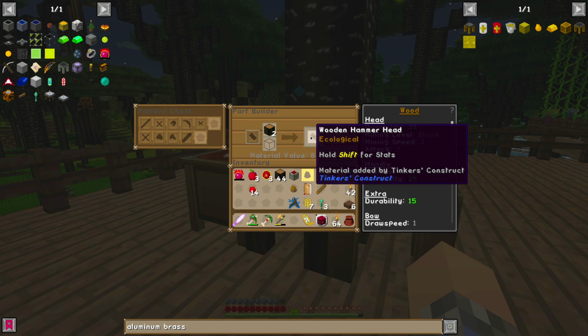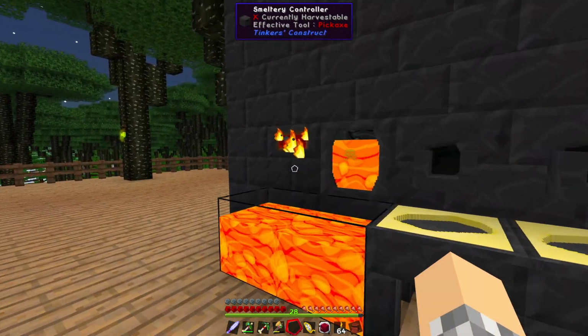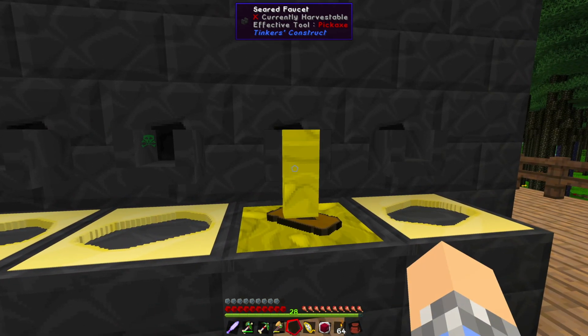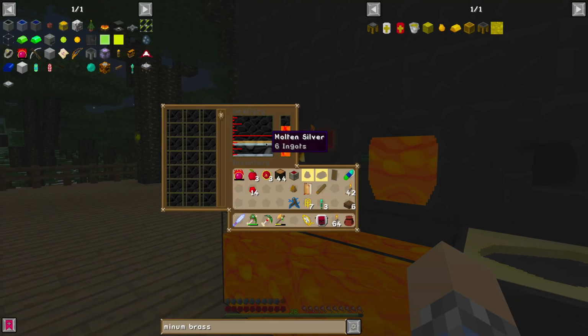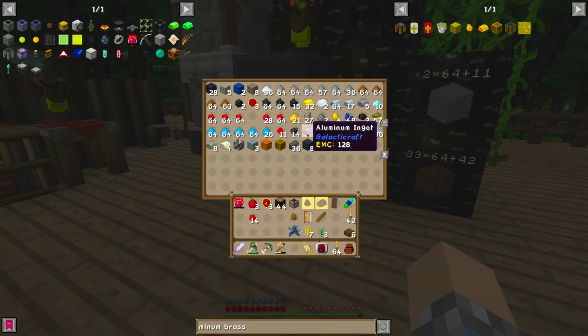Interesting. Well, that'll give us our wooden hammerhead, which will plop down in there, and then it should still have the molten aluminum brass, but only 6 nuggets. Well, how many will it take? More than that, unfortunately. That sucks. That means I have to intentionally make more molten aluminum brass. I think I've already got the bronze in there, so maybe if I just get, like, one more aluminum...